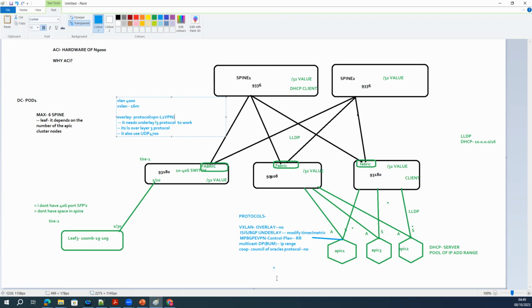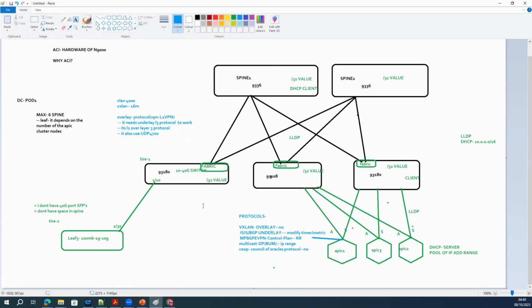That's the reason, if you see here, we are using MPBGP EVPN. It means by default, you cannot send any layer 2 traffic over BGP, right? In order to send layer 2 traffic over BGP, you need the EVPN address family, because BGP has around 15 to 16 address families. One address family is the standard address family. Second is extended.